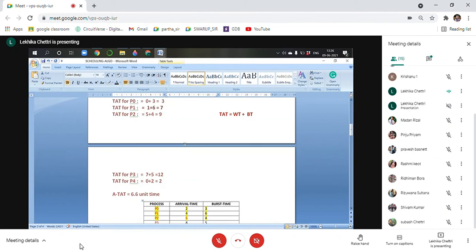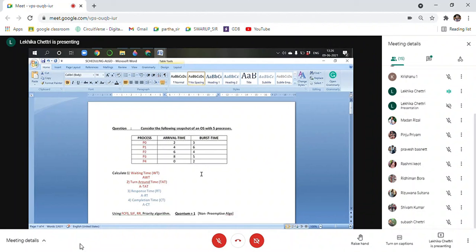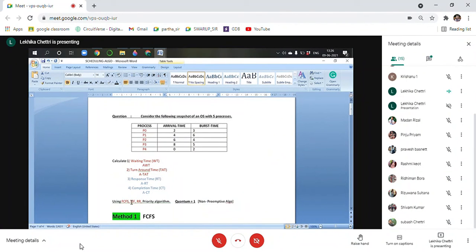For the lab you will have to implement FCFS, SJF, priority algorithm, and for round robin you will have to ask the quantum from the user. Or you can write one single program using a switch, where you ask the user. In the switch you can put options, cases: case 1 FCFS, case 2 SJF, 3 RR, 4 priority. If the user chooses RR, you run that part of the code and give the output to the user. Or you can do individual programs.